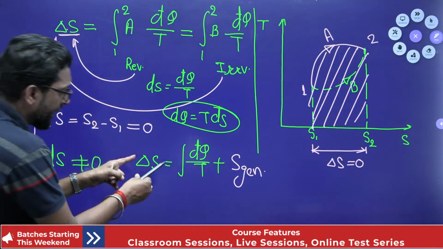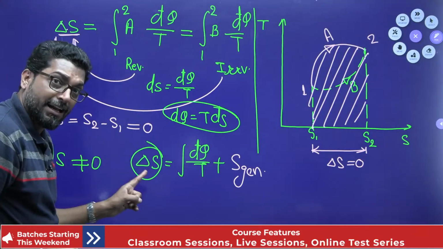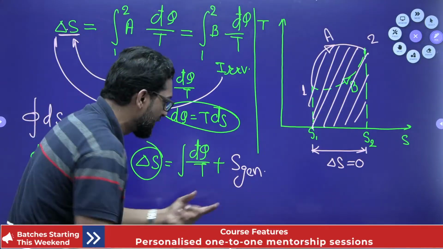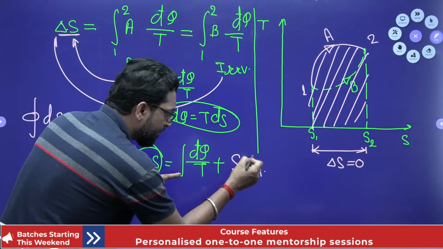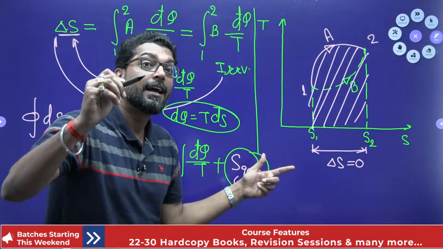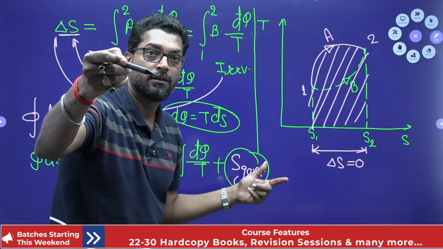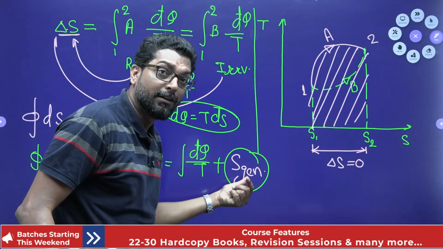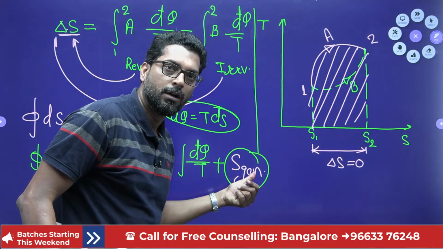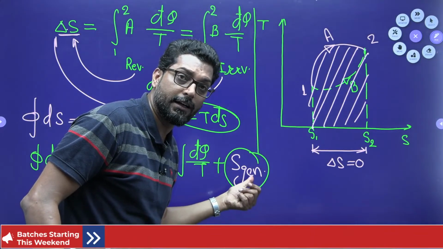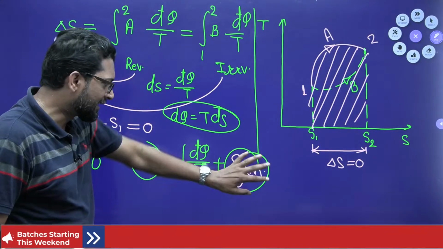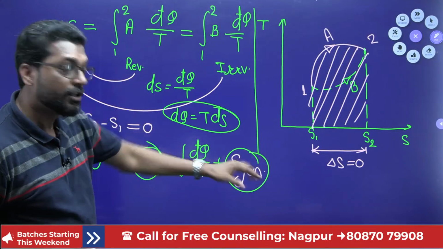That means if you find the entropy for the actually irreversible manner, you must have a generation. And that generation will depend upon the path. So entropy is the property, but generation is the path function. And this generation is higher and higher for higher and higher irreversibility. Higher the irreversibility, higher is the value. That means this measures the extent of irreversibility. But entropy is the property. This is always a property, whether the generation is 0 or not 0.